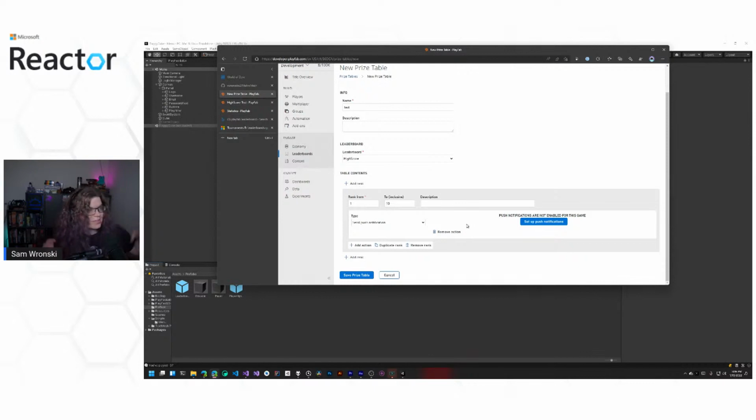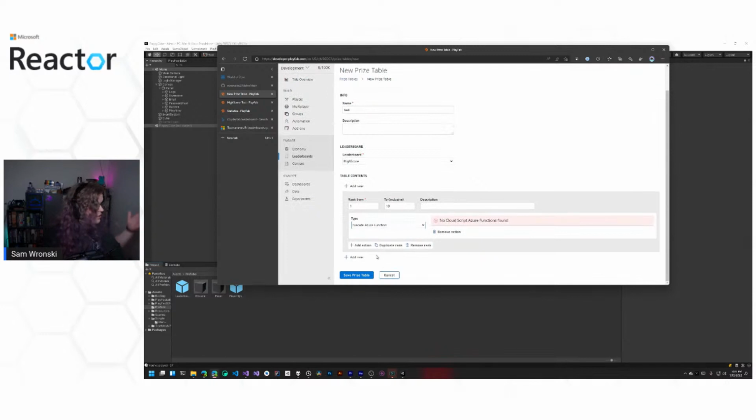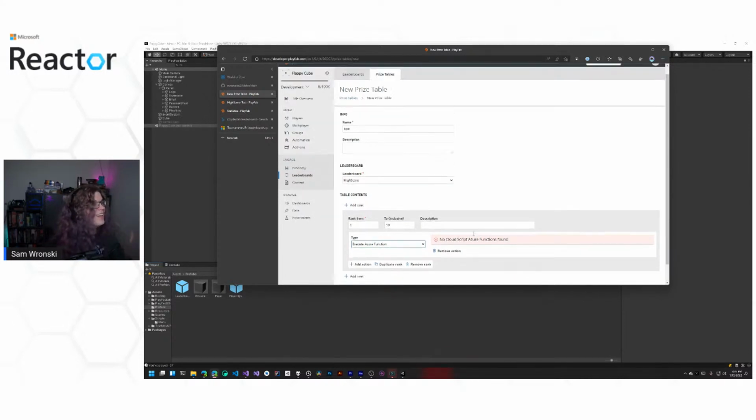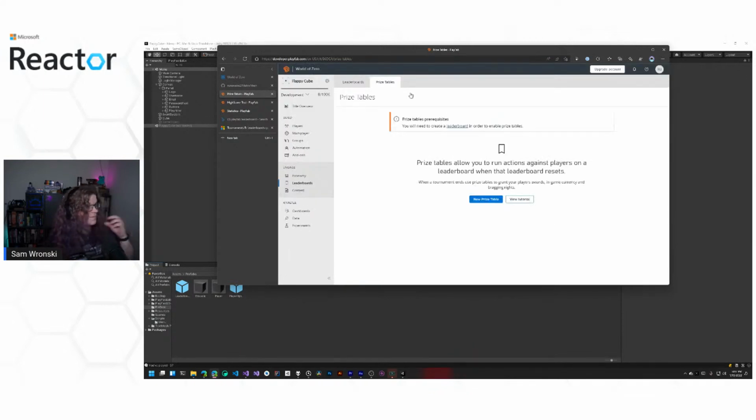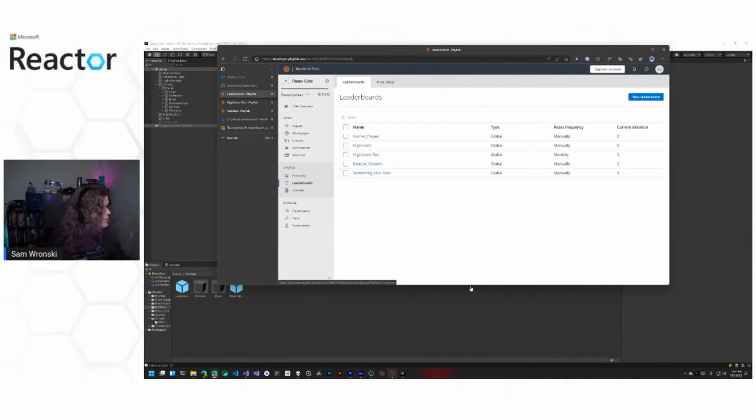What this is going to do is select a rank from the player base to provide specific rewards. In this case, you could send a push notification to the top 10 and say, congratulations, you got the high score for the week, something like that. Or you can assign in-game items. You can give them currency or new items, or execute some sort of Azure function, for example. Maybe you want to publish the top player on Twitter, for example. This gives you a way to automate all of that and do everything from here. And it should just work. So that is the prize table. We are going to cancel that, go back to our leaderboard, and we're going to work with high scores.